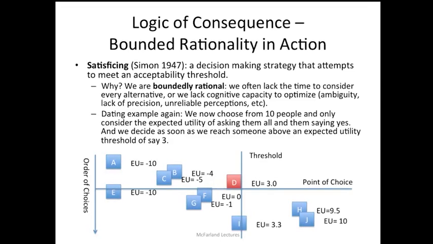of choice. So once we reach D, after we go through A, which wasn't close enough, and B and C seem really difficult too, we hit D and it's good enough, we stop. That's considered a satisficing kind of move. Of course, because we've done that, we don't optimize. We have not considered every option, and as you see, H and J are two individuals who we could have selected if we had considered them and possibly found a more optimal choice, particularly J. Okay? So that's an example of how boundedly rational models can be done using satisficing in a logic of consequence